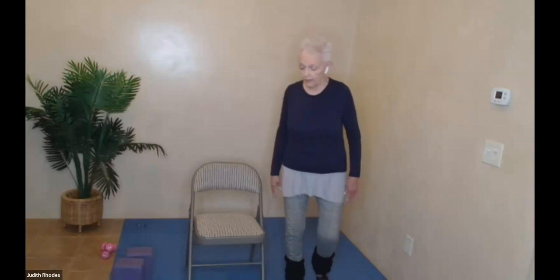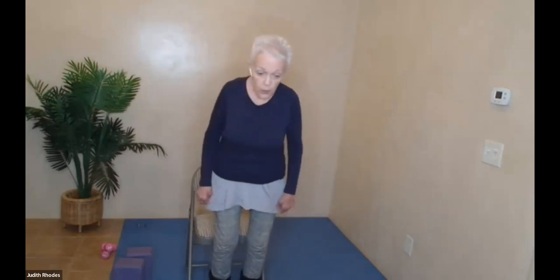Shake out the legs. Very nice. We can adjourn to the chair one more time. Again, the feet are hip distance apart, toes pointing forward. You're sitting tall in your chair. See if you can just lift that right leg up. Maybe flex the foot. Breathing for 4,